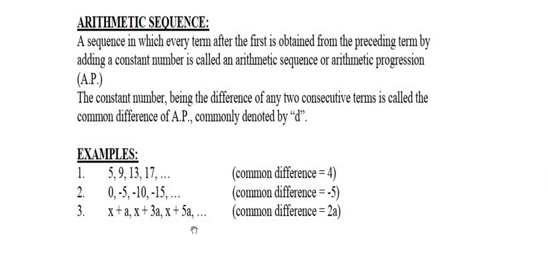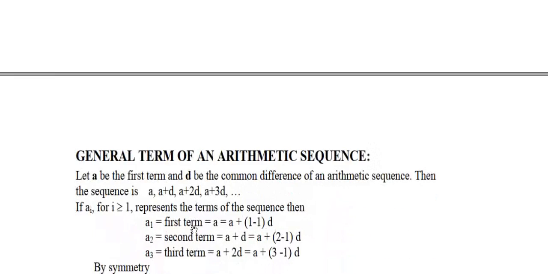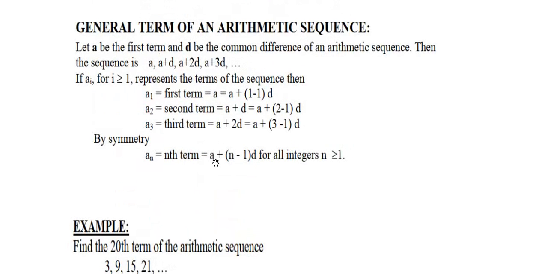terms, a sequence in which every term after the first is obtained from the preceding term by adding a constant number is called an arithmetic sequence, and the difference of any two consecutive terms is called the common difference. And there are three examples of common differences. Now, the general term of an arithmetic sequence is a n is equal to a plus n minus 1 d, for all integers n greater than or equal to 1, where